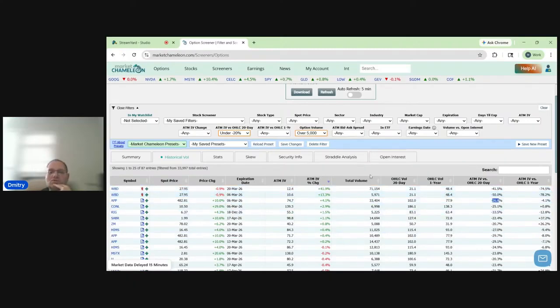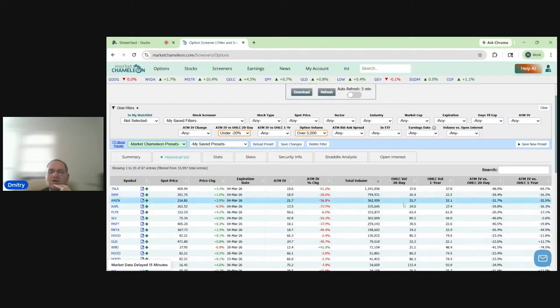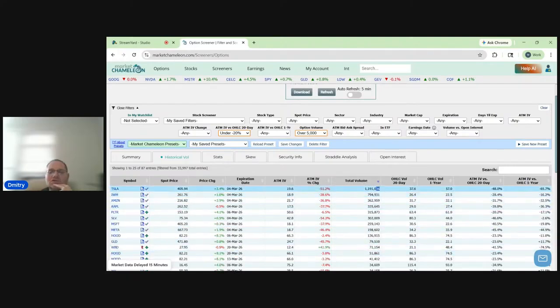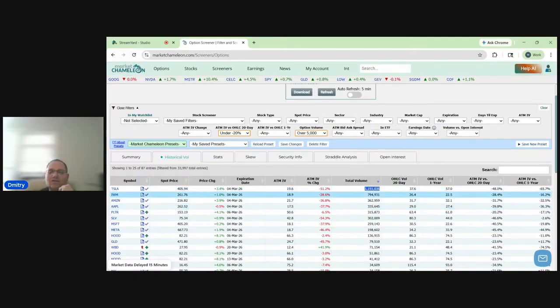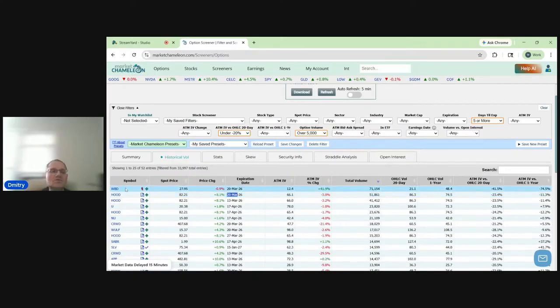We could sort these. Let's sort them by highest volume. Okay, so here in Tesla, let's do here, days to expiration has to be at least 2. Let's do 5 days or more. Okay, so we're going to take out these expirations that expire the next day or two. So at least 5 days or more to expiration. Okay. So here, we have